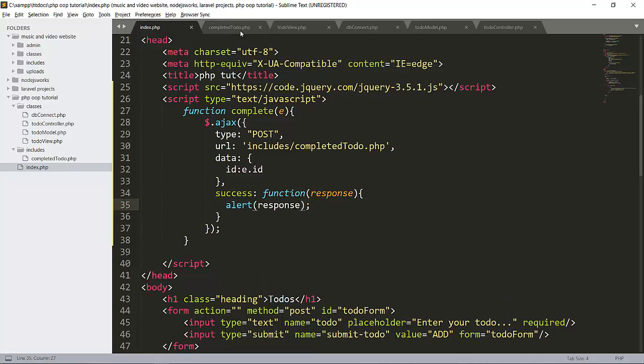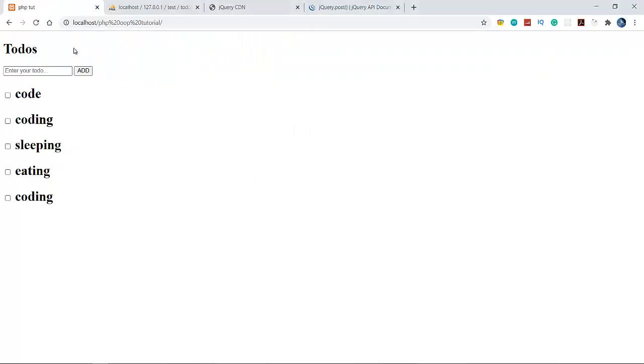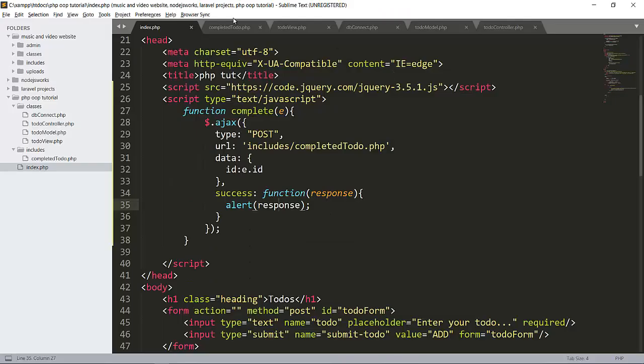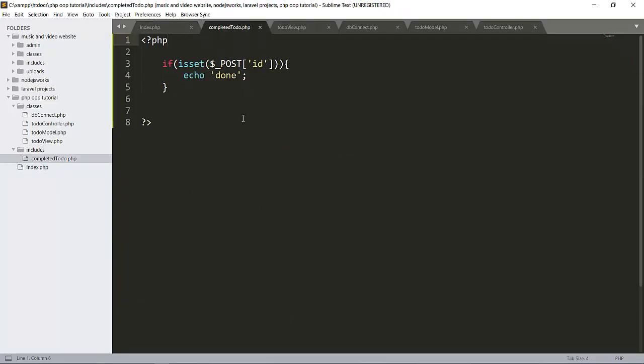When the user presses this checkbox, this control will post the request to completed to do here. Now there is one condition: if isset $_POST id, if there is an id present as a post request in this file, then this code will work.